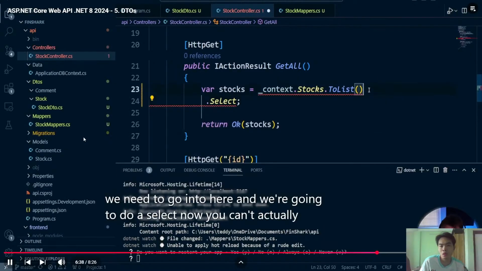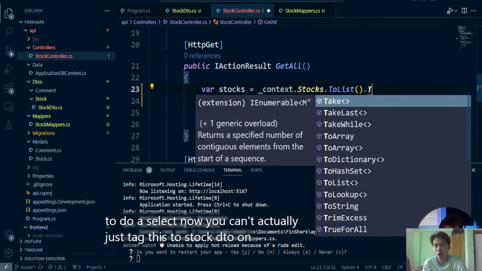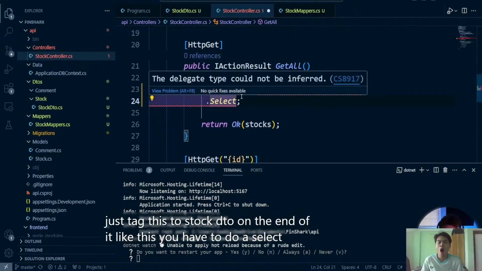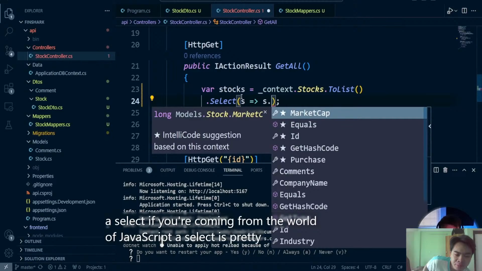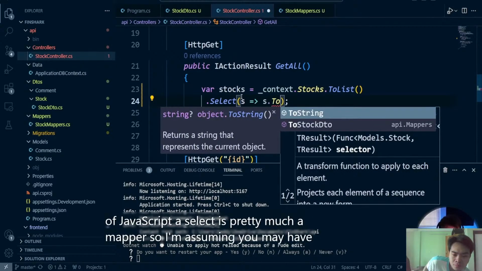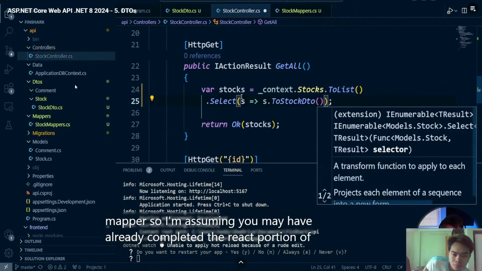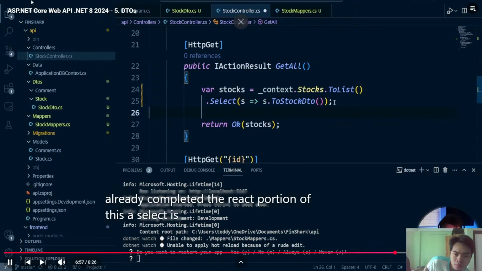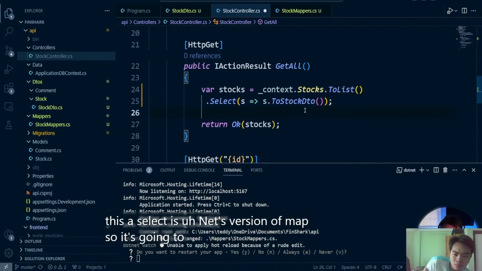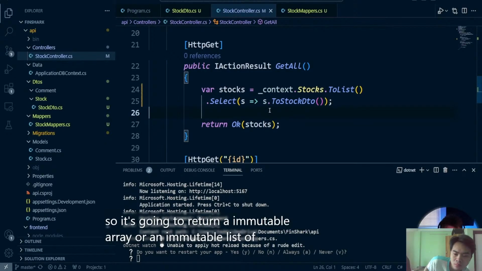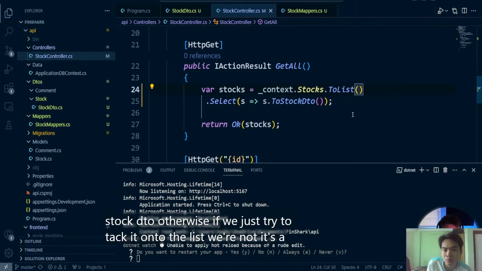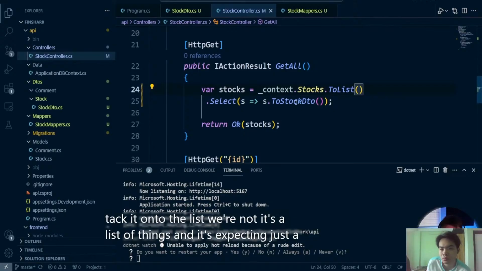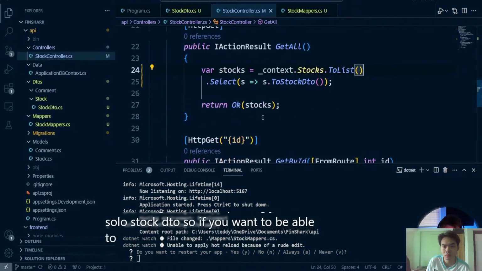Now, you can't actually just tag ToStockDto on the end of it like this. You have to do a select, and a select, if you're coming from the world of JavaScript, is pretty much a mapper. I'm assuming you may have already completed the React portion of this. A select is .NET's version of map. So it's going to return an immutable list of this ToStockDto. Otherwise, if we just try to tack it onto the list, it's a list of things, and it's expecting just a solo stock DTO. So if you want to be able to actually